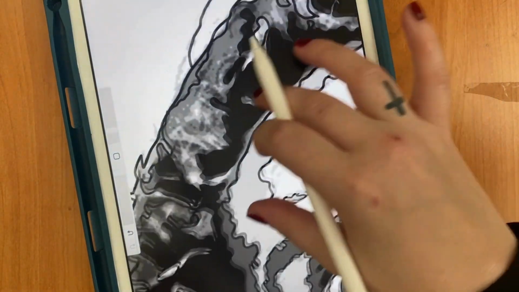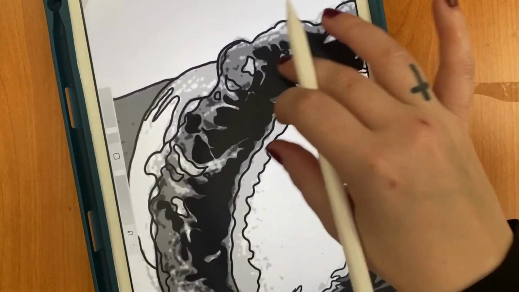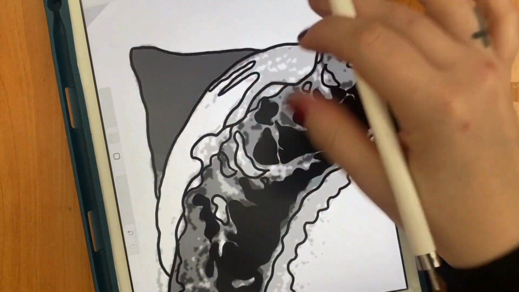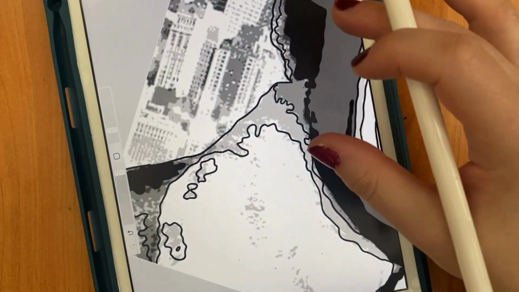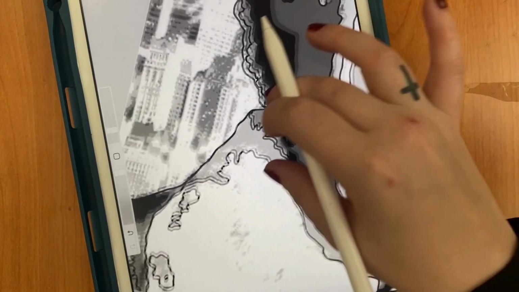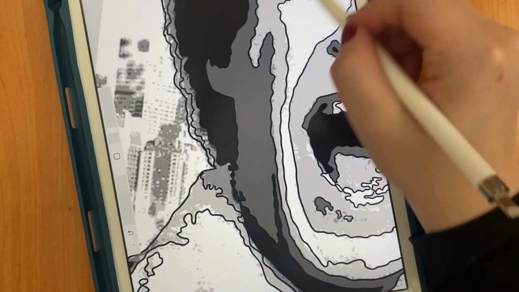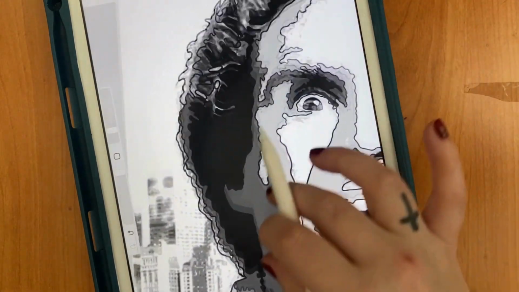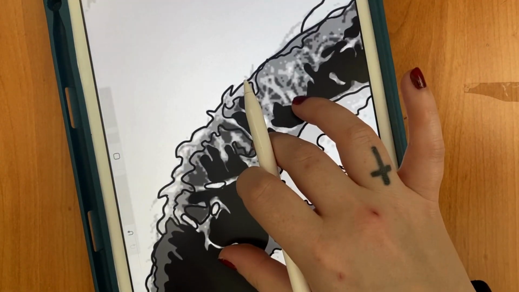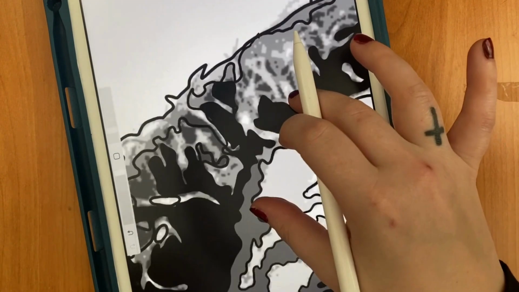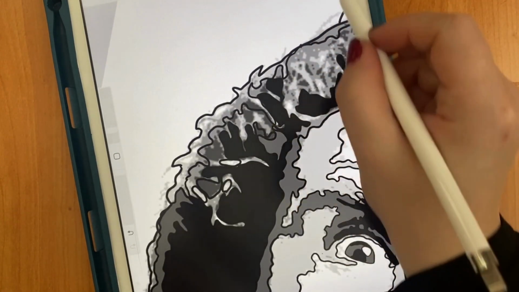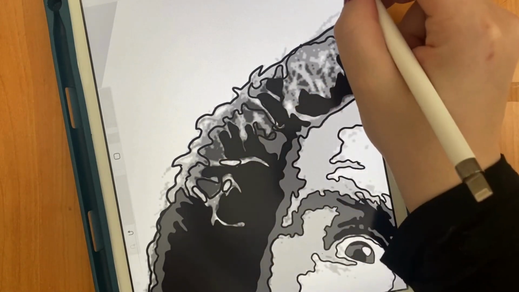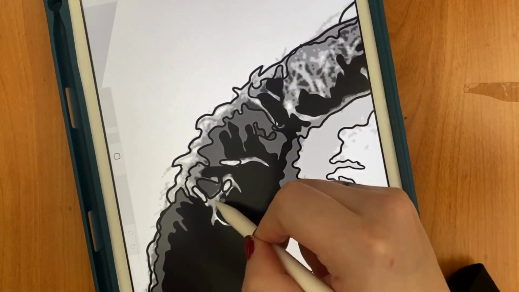Okay, so this is gonna be the part where I am, oh, that's a dark gray right there. And I think this is dark gray right here. Okay, yeah, so the hair is obviously the space where I improvise the most, but honestly,